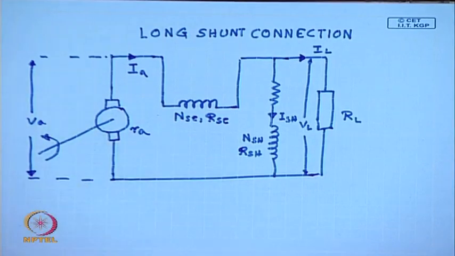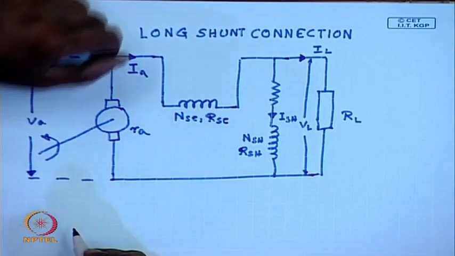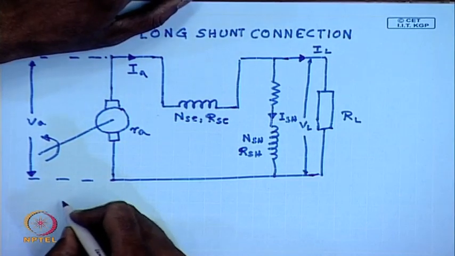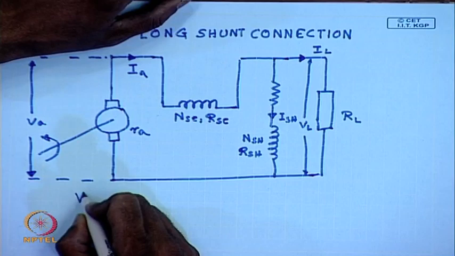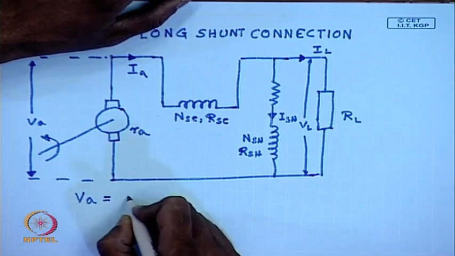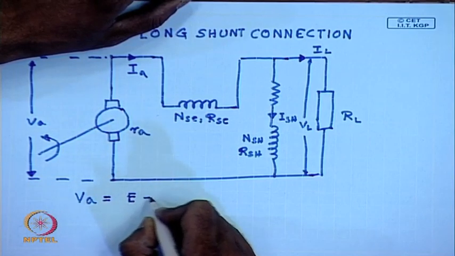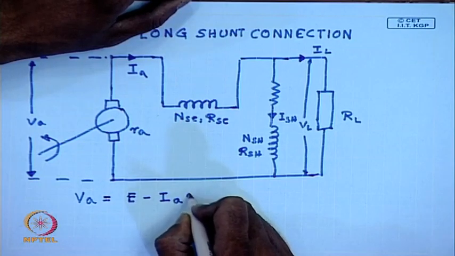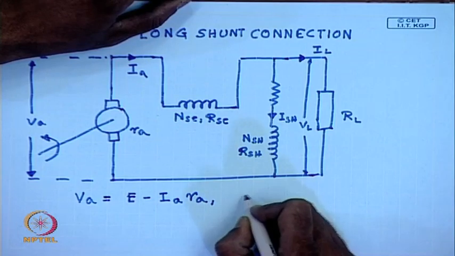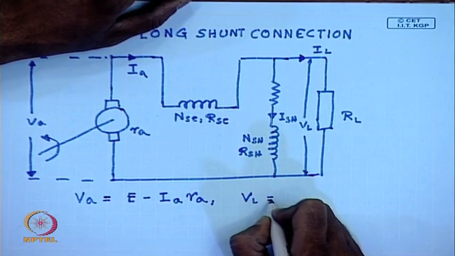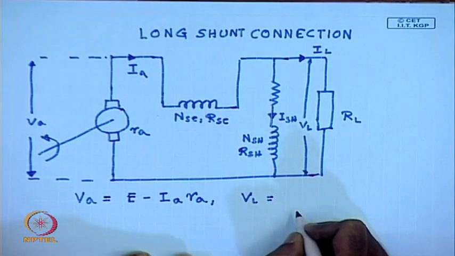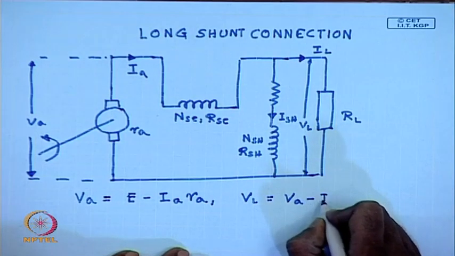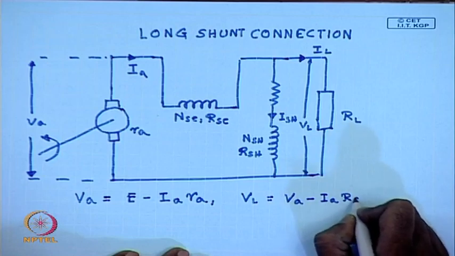So, for this long shunt connection, we can write VA equal to E minus IA RA, and VL equal to VA minus IA RSE,